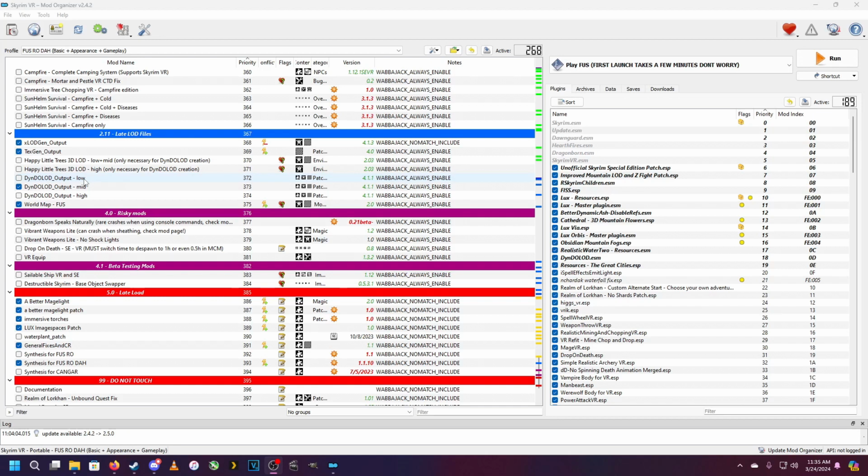High looks very nice. High also turns on 3D rendered trees. So low and mid have 2D rendered trees, and high has 3D rendered trees. So if you put it on high, you need to have a pretty fast system because it's gonna hurt. So I'm gonna leave it on mid,